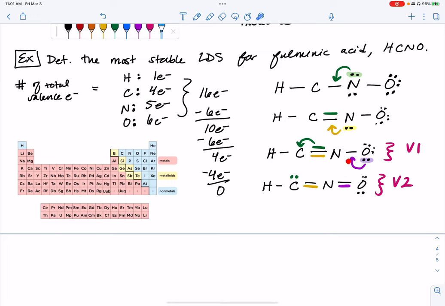But yet I've only looked at one option for my oxygen lone pairs being involved in forming these double and triple bonds. So if I were to take this lone pair on oxygen and convert that to a bonding pair between itself and nitrogen,